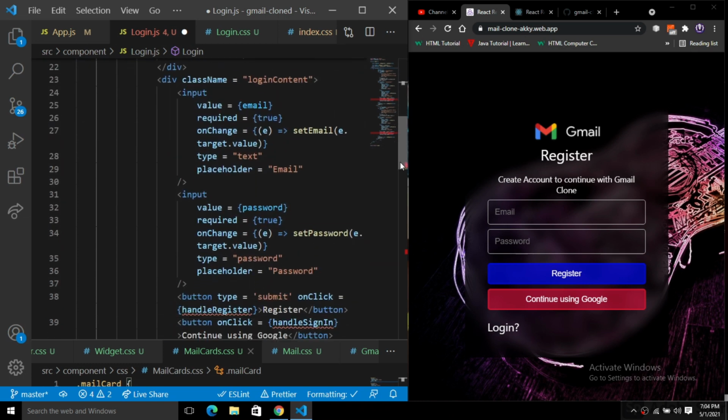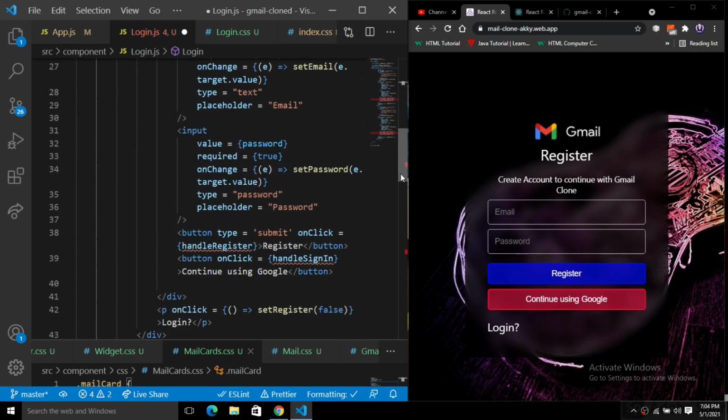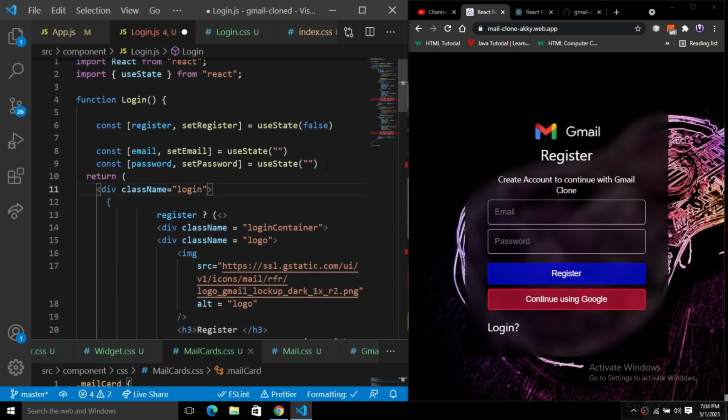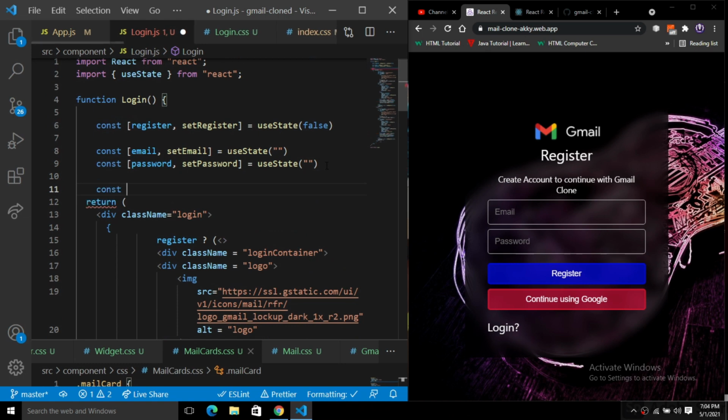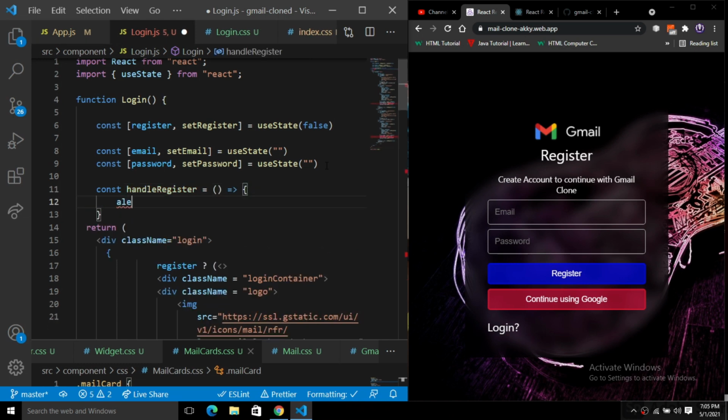We have two buttons: a handle register and a handle sign in. So we'll create two more functions here. Const handleRegister, just like this, and here we pass an alert: "You registered."